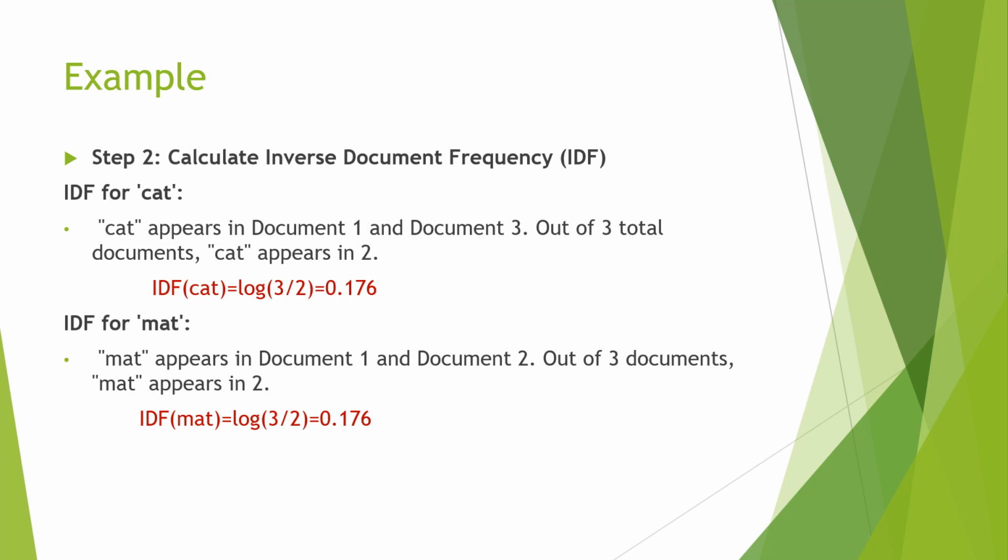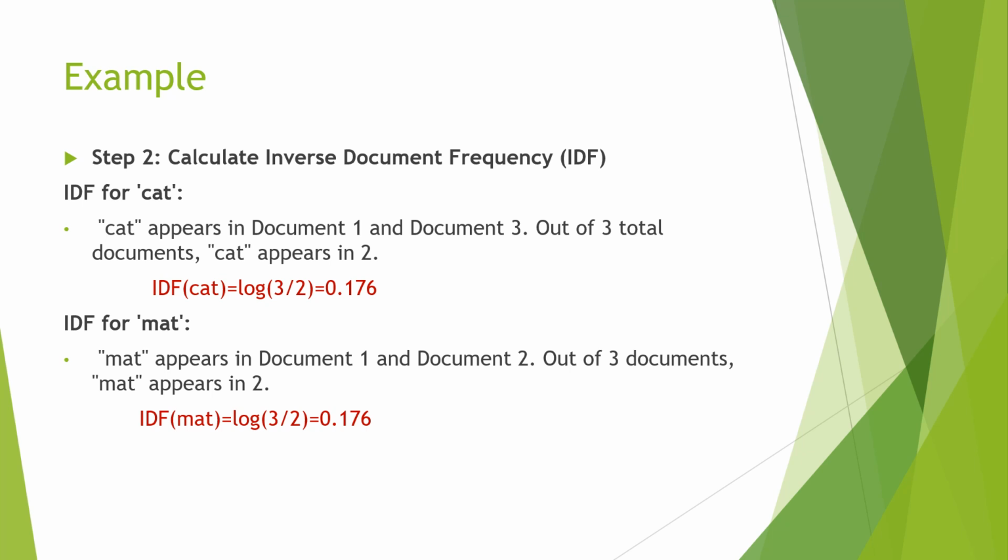In the next step we are calculating the IDF score, IDF of the words cat and mat. So IDF for cat is log of 3 by 2, because cat appears in document 1 and 3, so here we consider the word occurrence across documents. Out of 3 total documents, it appears in 2 documents, so 3 by 2